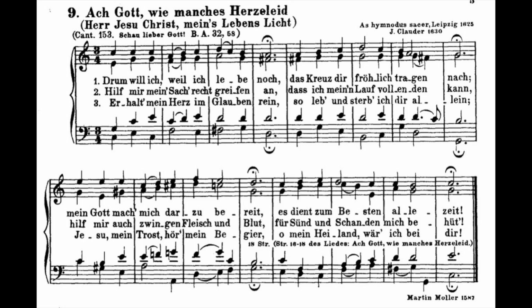C sharp is in the chord A, C sharp, E, G. Very, very well written. And now, this chord of D minor is just for going to C major,